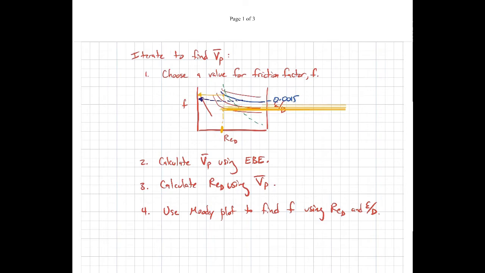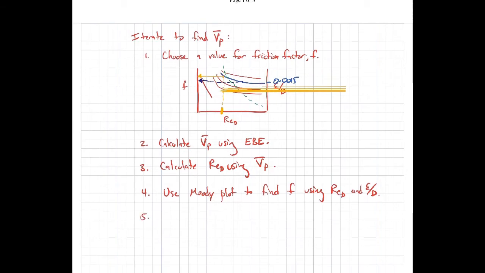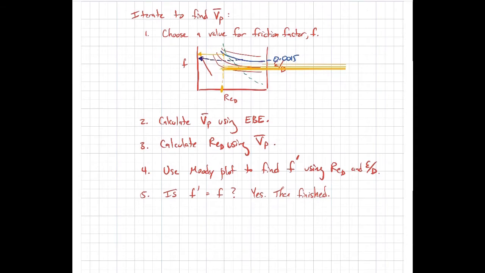And in this particular case, you'll see that my initial friction factor and the current friction factor are different from one another. So then if they're different, then I need to start the process over again. So this will be my step 5. Let's call this step 4 friction factor, let's call it F prime. Is F prime equal to F? So in other words, is this friction factor that I'm finding at step 4 the same as what I guessed in step 1? So if it's yes, then I'm finished. Everything is now consistent. I've guessed the correct friction factor, everything's done. But if it's no,